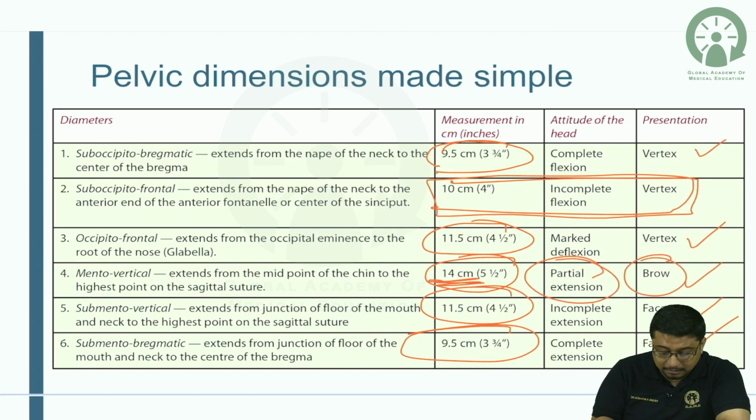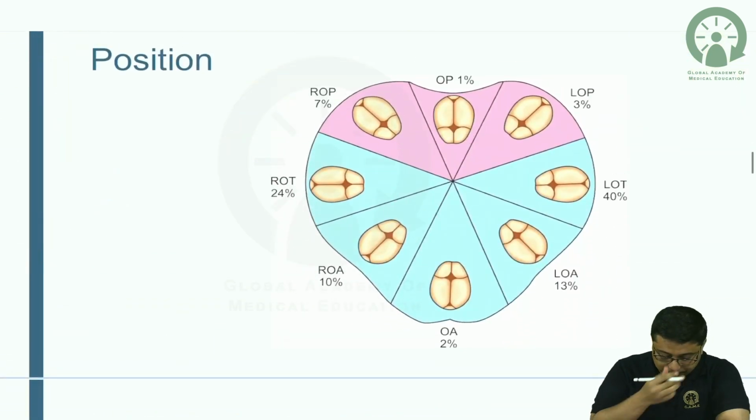This is 14 centimeter. So in pelvis, there was no 14 centimeter, right? The maximum diameter was 13. So this will not pass vaginally, and this one needs cesarean. Brow presentation always needs cesarean. So the position